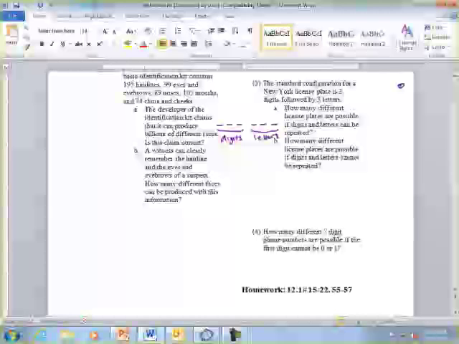How many digits are there? Why are there 10? Because 0 is a digit as well. So we always forget about 0. We've got 1 through 9, but we also have 0 as a digit. So there are 10 digits. And if we're allowed to repeat, I could choose any of the 10 for any of those first 3 spaces. How many letters are there? 26. And if we're allowed to repeat, I could put any of the 26 in those blanks. So we multiply that out